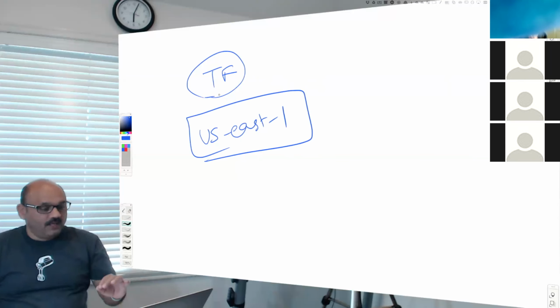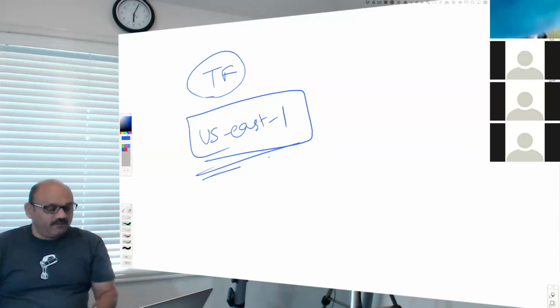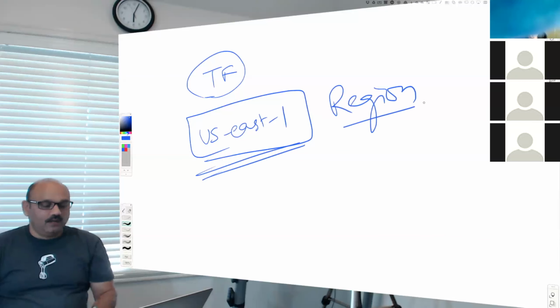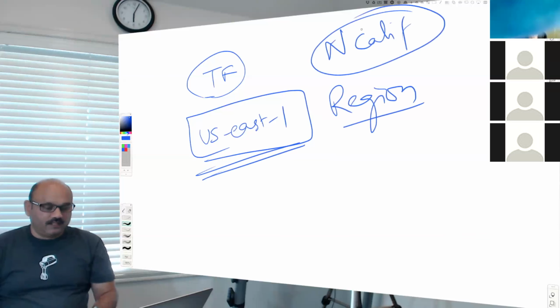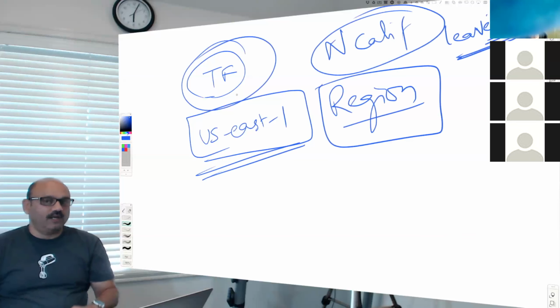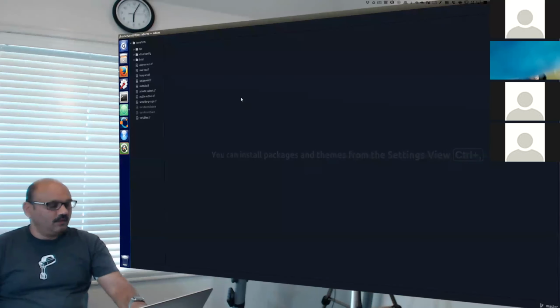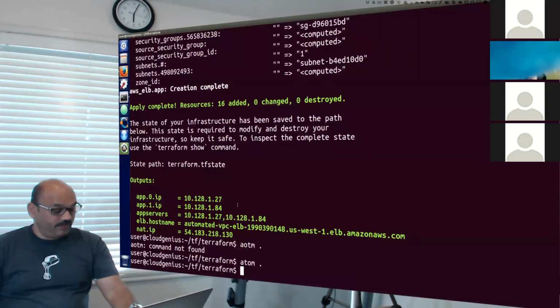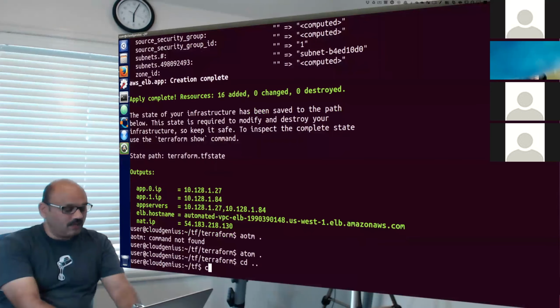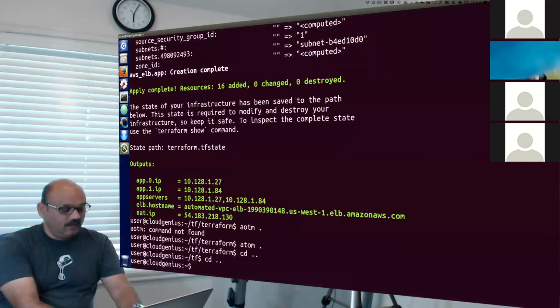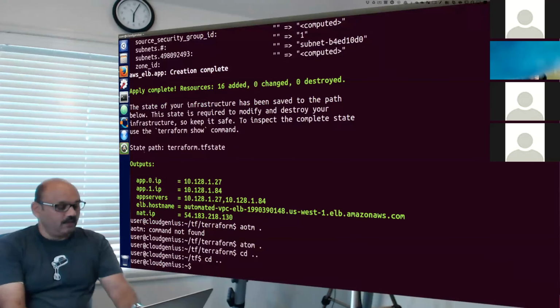So we'll now begin dissecting item by item, and go steady but slow, in a different region. Not east, not west. We are not touching Northern California. We are not touching it. Leave it alone. Okay. We are going to play the same tool in a different region, which means I need to close out on these completely, even come out of the folder, and then clone again. I'll do a git clone again.